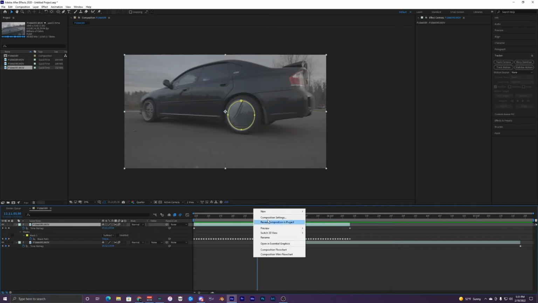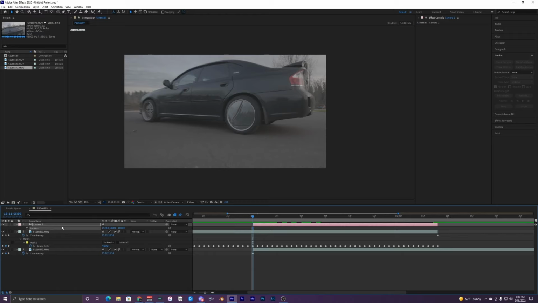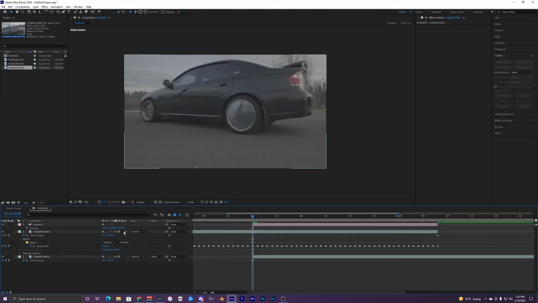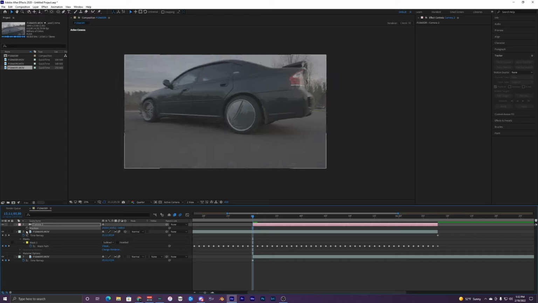So what I'm going to do is create a new camera, and we're just going to use a 50 millimeter for this. And inside the camera, you can see these position values here. When you move them around, they're not going to do anything because these layers are not 3D yet. So I'm going to go to the 3D cube and make sure the top one is checked, so this cube pops up. Then when you move your camera, you can see it does all sorts of weird things,